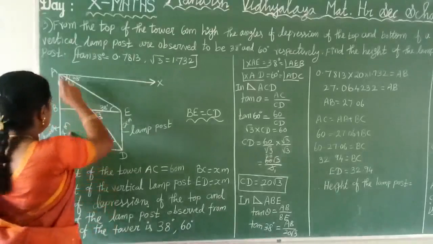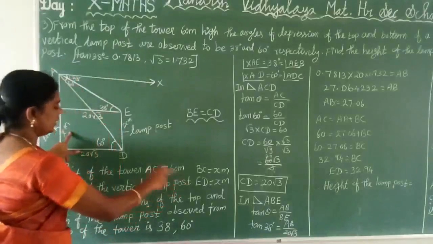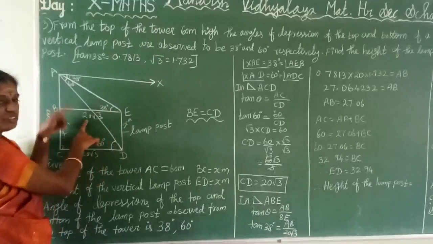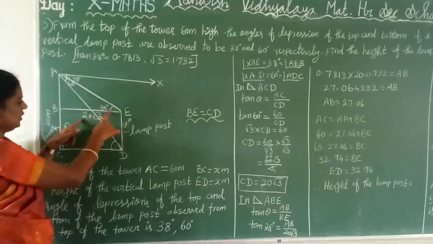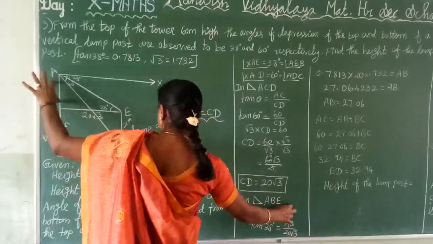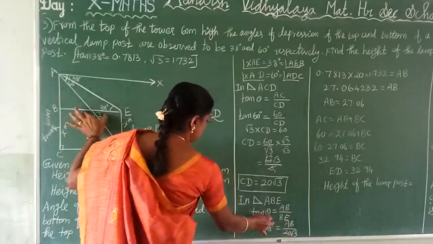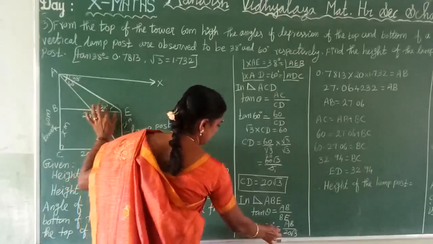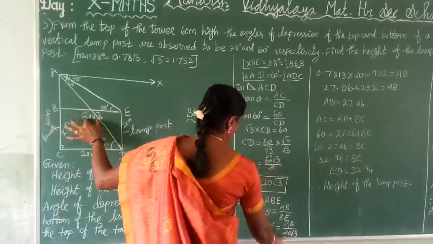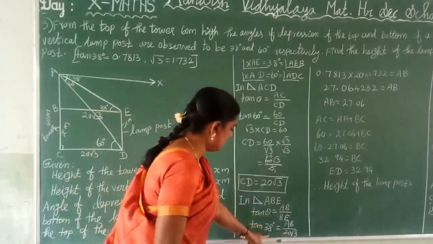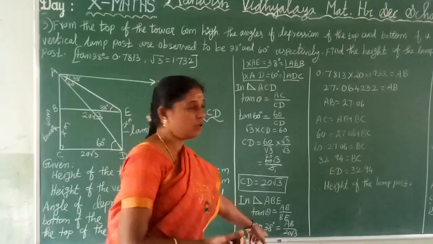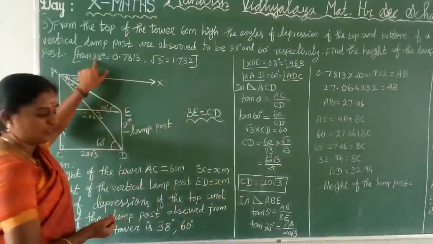Clear? Next we select ABE, the right angle triangle ABE. This is theta. This one is the opposite side, and this we know. So which ratio do we apply? Tan theta. So tan theta is equal to opposite AB by adjacent BE. Theta is 38 degree. Tan 38 degree is equal to AB by BE. What is BE? 20 root 3. So substitute 20 root 3. Is tan 38 degree a table value? No, that is an in-between value. Other than 30 degree, after that only 45 we know. So 38 degree is also given in the question itself. So substitute this value.